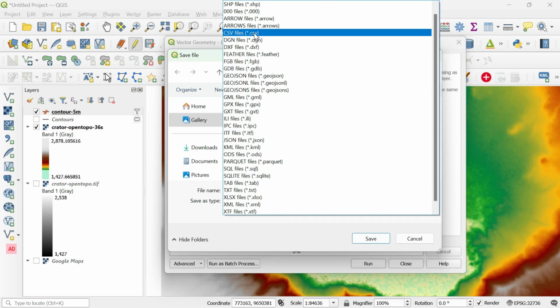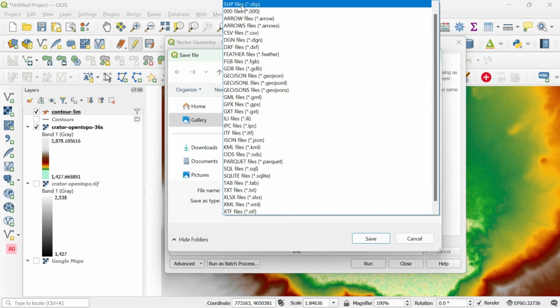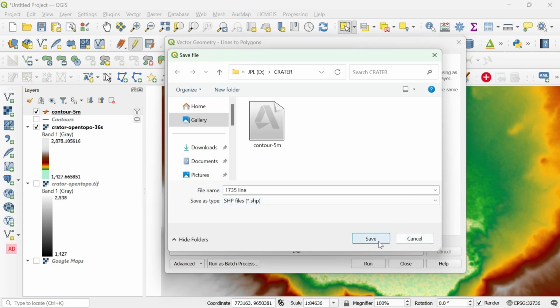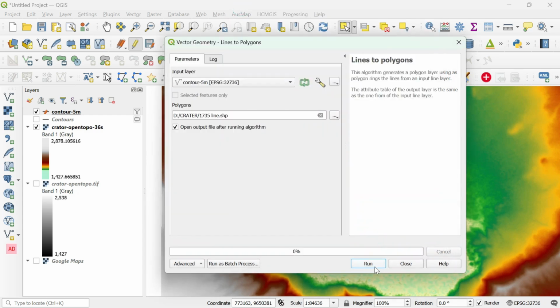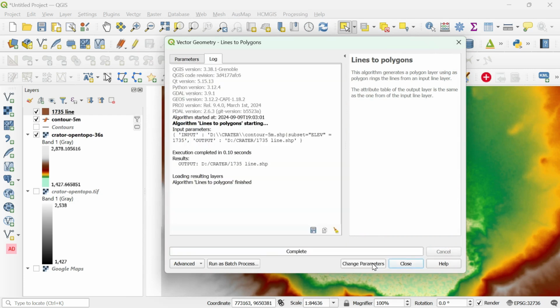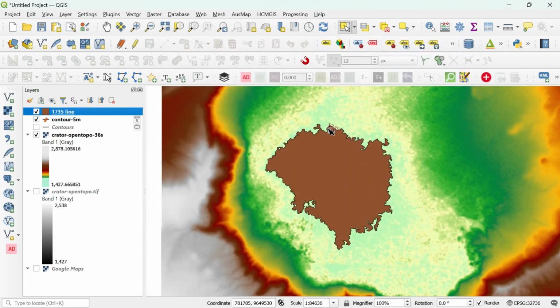CSV can transfer data there. But I'm going to save it in the save file. Okay, then run it. See, our line already created the polygons.